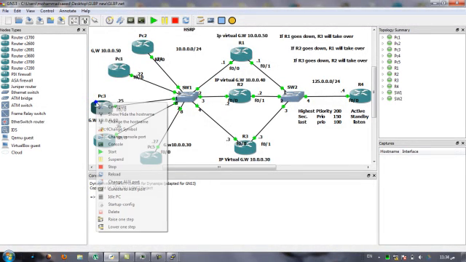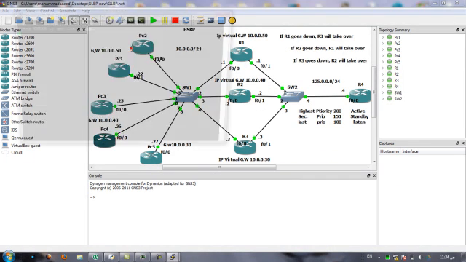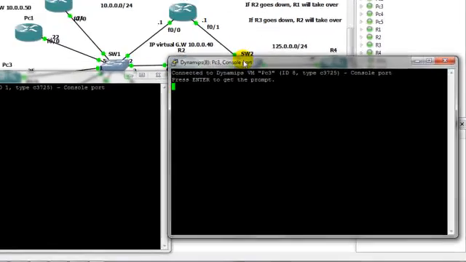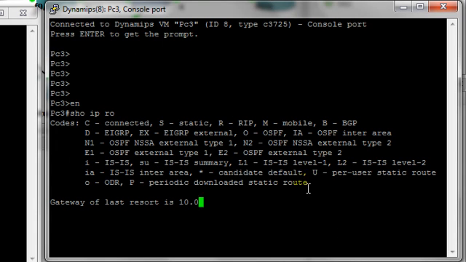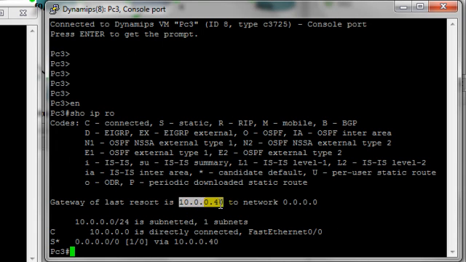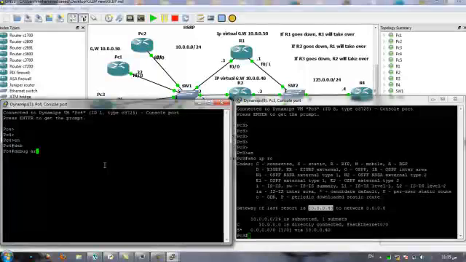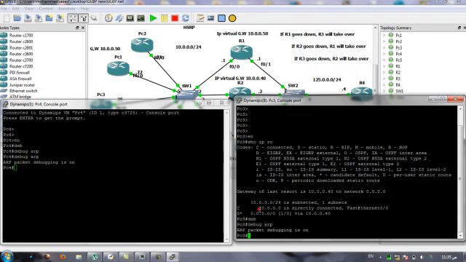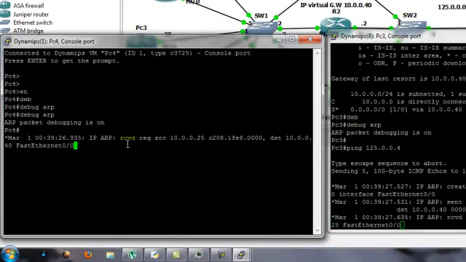Go to PC3 and PC4 also, to do it together. Yes, and also I want to show you the IP route. Look at this. I also used the virtual gateway of router 2 for group number 2. And also here we want to use debug ARP to see the action. Debug ARP also here. And on PC number 3, I want to make a ping to 10.0.0.4, and also here ping,